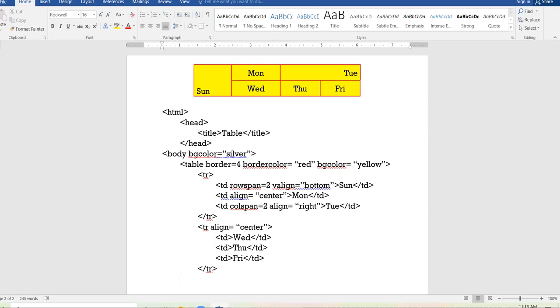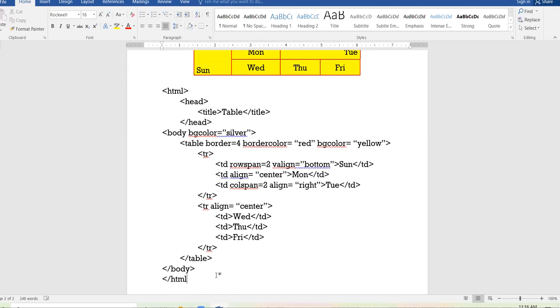The table is finished. So finally close the table tag, finally close the body tag, and at last close the HTML tag. This is the coding. Okay. I hope I am totally clear with it now.